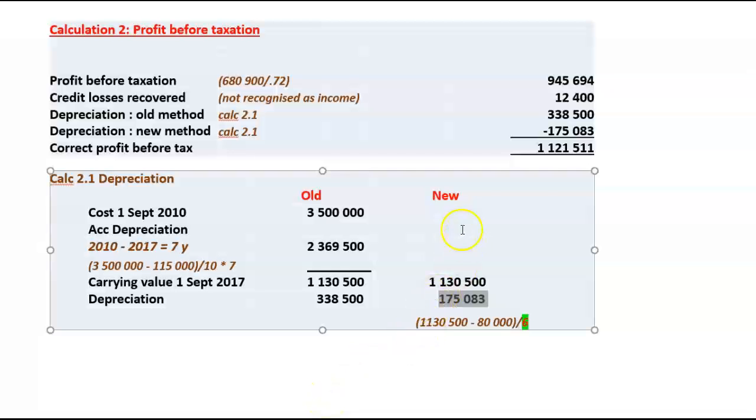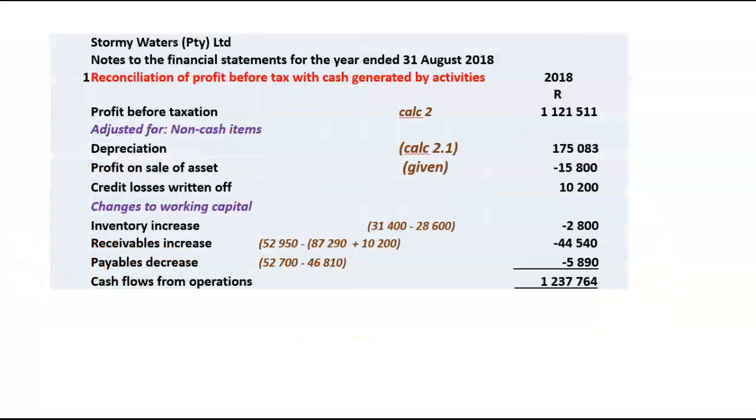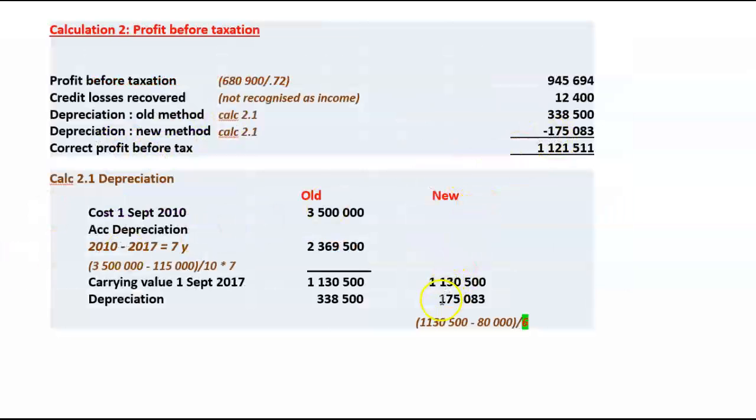So therefore, that would have given us depreciation of 175,083. So we're going to add back the wrong depreciation of 338,500, and we're going to deduct the correct depreciation of 175,083, and that will give us then a correct profit before tax of 1,121,511. So in our reconciliation note, profit before tax 1,121,511. We are going to adjust it for non-cash flow items, of which depreciation, our actual depreciation charge for the year, has to be added back,